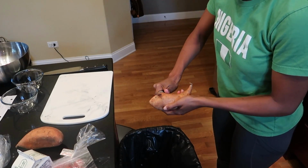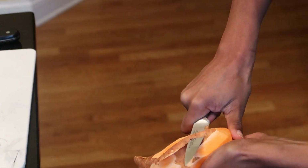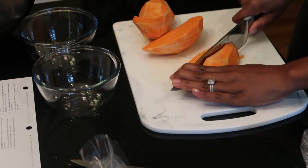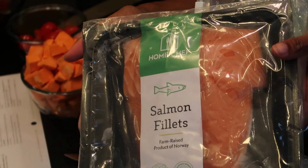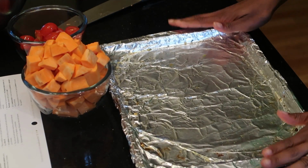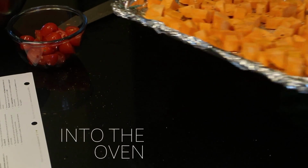So speaking of Anthony's meal, I'm going to go ahead and start on his. I'm going to start off by peeling this sweet potato the old-fashioned way. I know this is not the safest thing, so don't try this at home, but I cannot use those little scraper things. It just doesn't work for me. So I'm gonna just dice these up into some big cubes and then cut up some of these cherry tomatoes. I'm gonna set my salmon to the side after I give it a little bit of salt and pepper, and then using that same foil-lined cookie sheet, I'm going to spread out my potatoes, put a little olive oil,